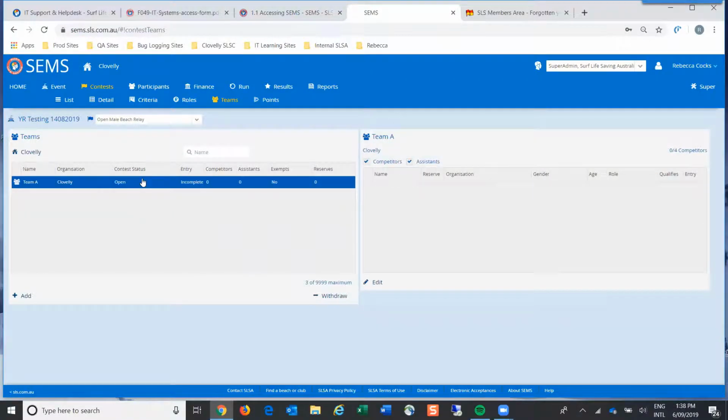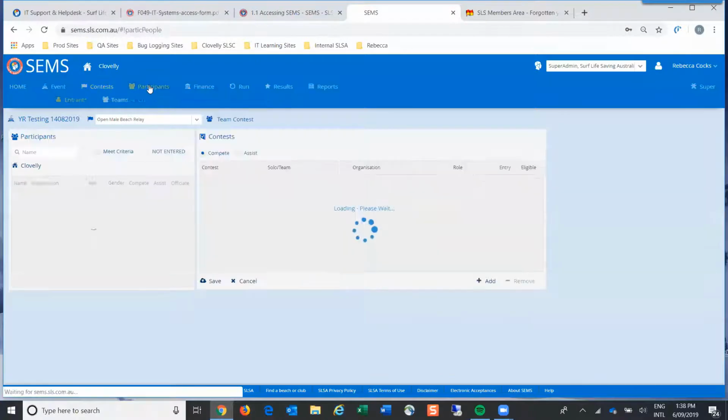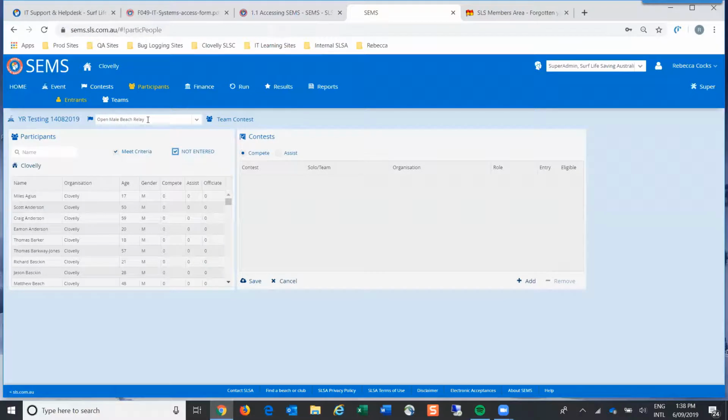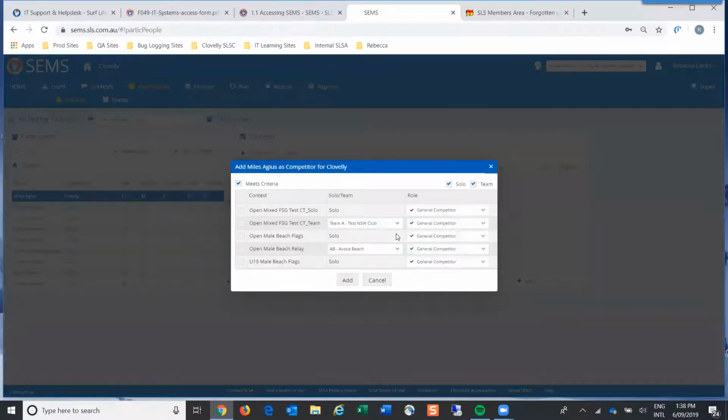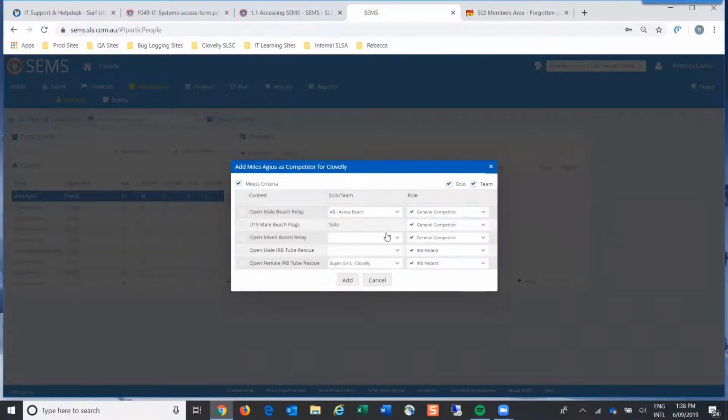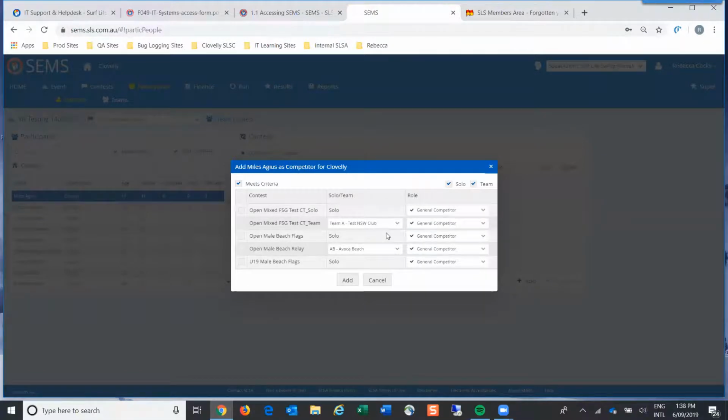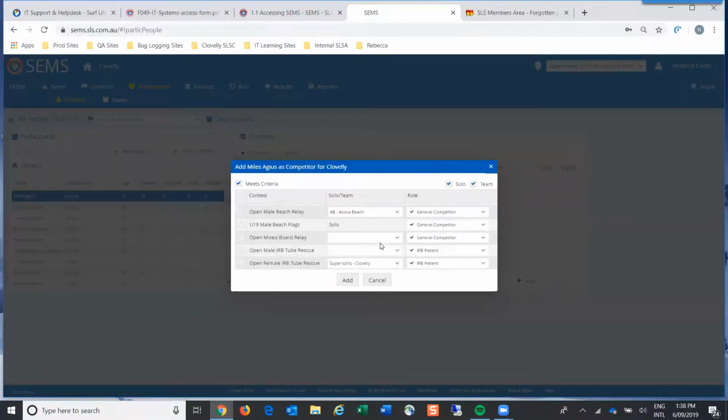So if you create the team and you went up to participants, in the open male beach relay, you'll notice nothing showed until I said not entered, okay, because we're just looking at 1 contest here. So, we would be able to enter them into the male open beach relay because that has already been created.